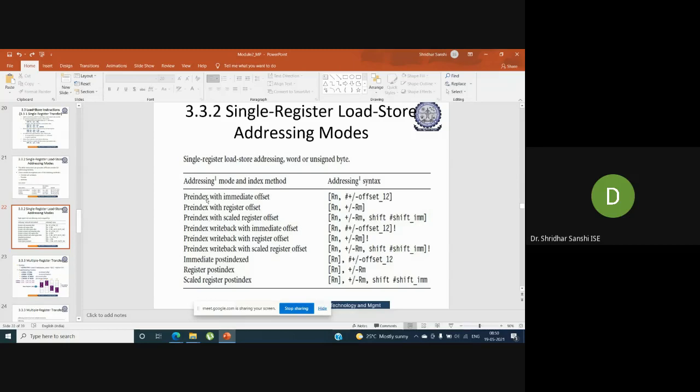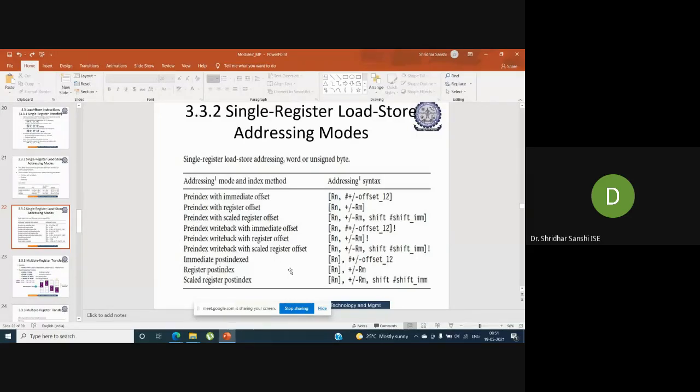Whatever options we have, the same options exist with write back. With write back, there is an exclamatory symbol at the end of the instruction. It means that we are updating the base address value before fetching the data. That is pre-index with write back. Another case is post-index. Again, the value can be immediate, register, or scaled register value.